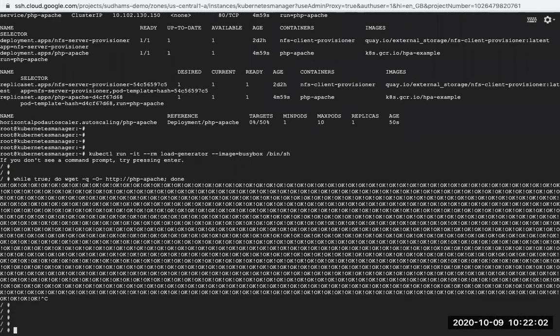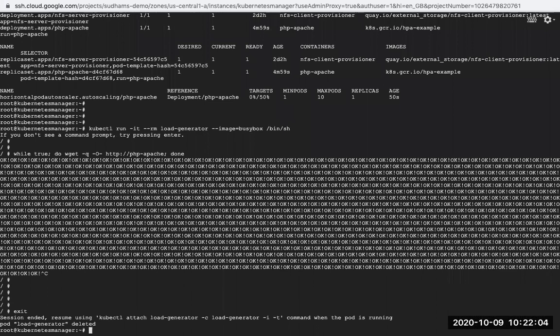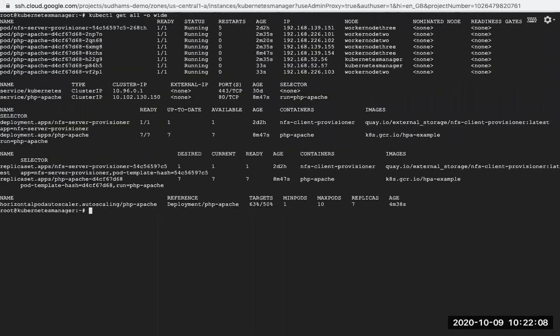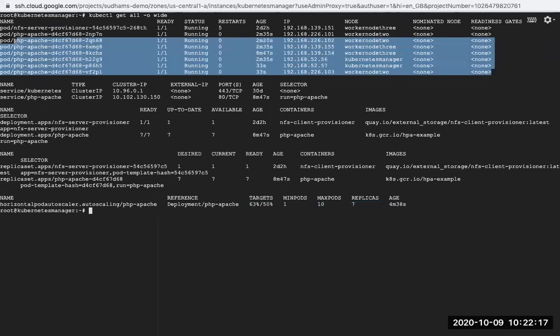Let me cancel this and come out of this. Now there is no load on the server, right? You can see right now it is 63%. The number of replicas created is 7. That means 7 pods are created in the background.